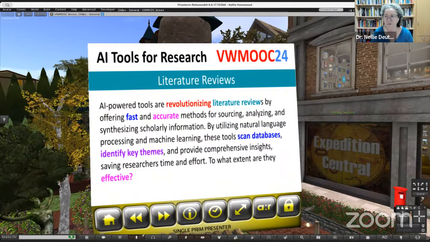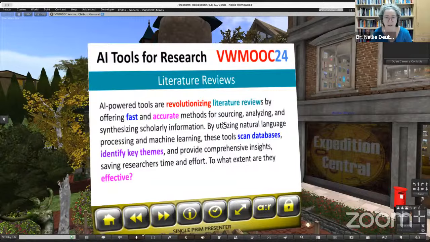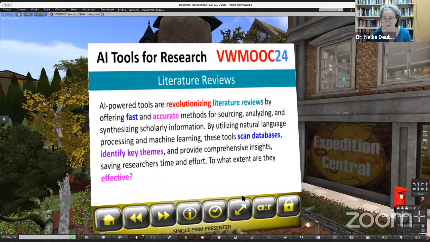All the AI tools that I'll be introducing today claim that they are fast and accurate and that they do all these things. Okay, but